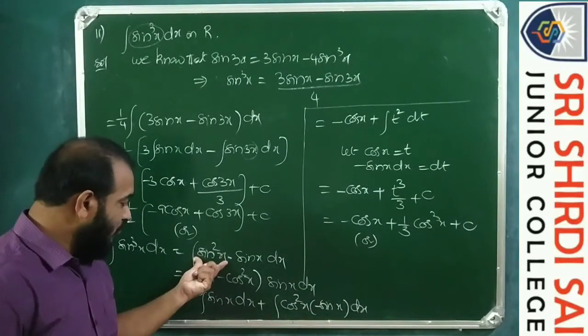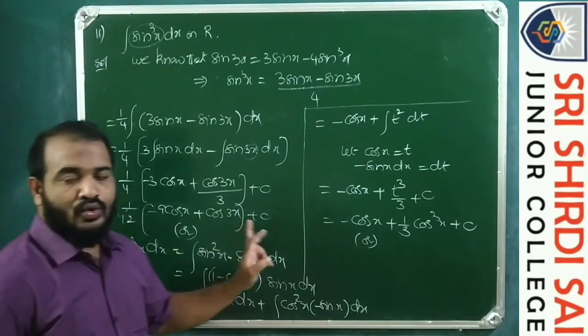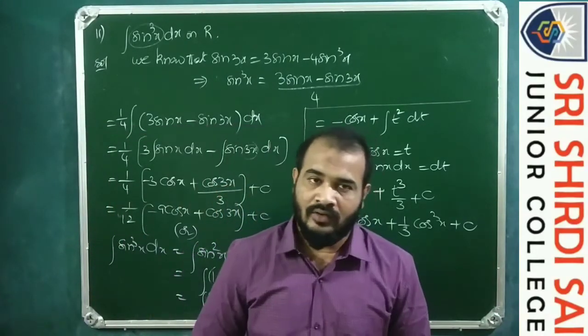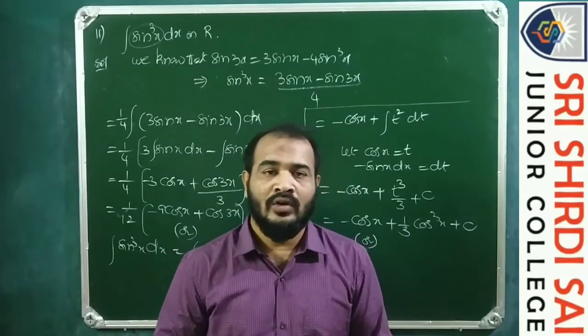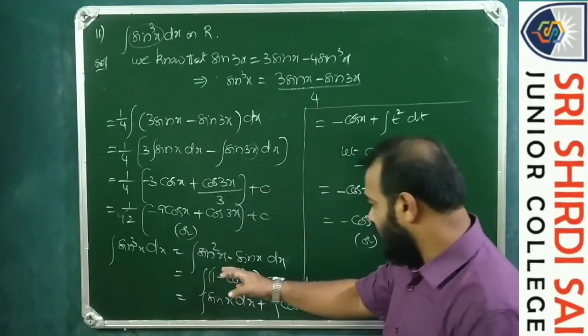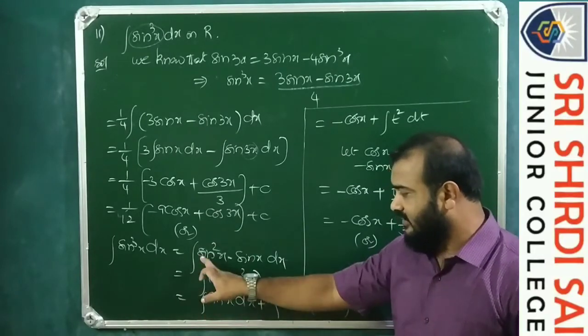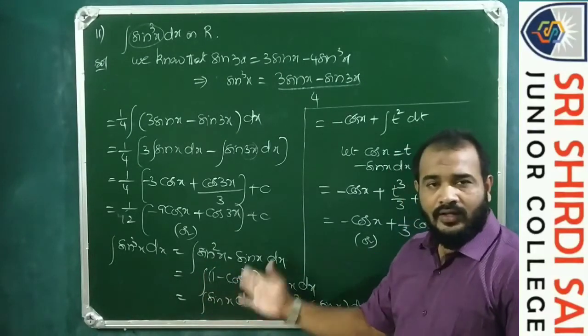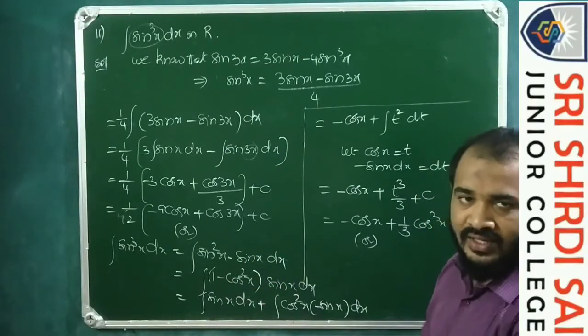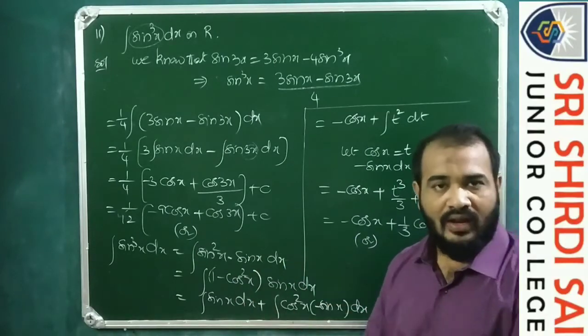Or even we can write it as, instead of writing sin square as 1 minus cos square x, sin square is 1 minus cos 2x by 2, because 2 cos square x is 1 plus cos 2x. Sin square x is 1 minus cos 2x by 2. So instead of converting sin square x with 1 minus cos square x, you may even treat it as 1 minus cos 2x by 2, and if you do further, that will give a different-looking answer, but the solution is correct. So you may do it that way as well.